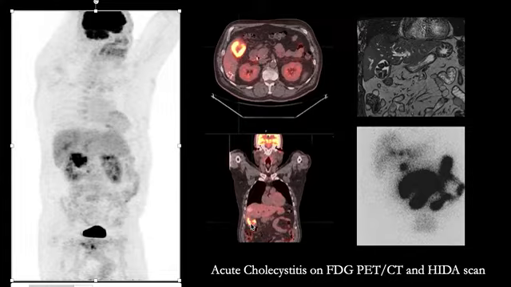There is a MRI image, the coronal T2 weighted image on the top right, showing multiple large gallstones and some gallbladder wall thickening. There was no evidence of acute inflammation on this MRI. Patient underwent a HIDA scan because of the suspicion of acute cholecystitis raised from this whole body FDG PET-CT scan,